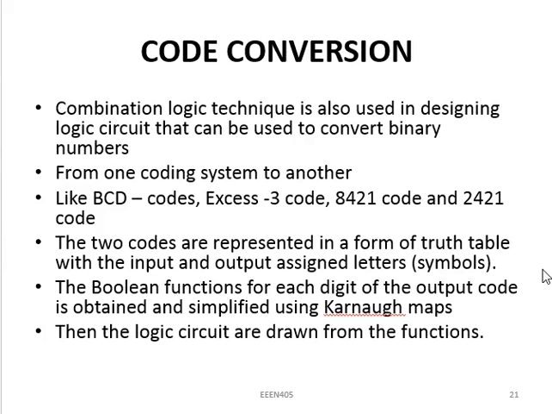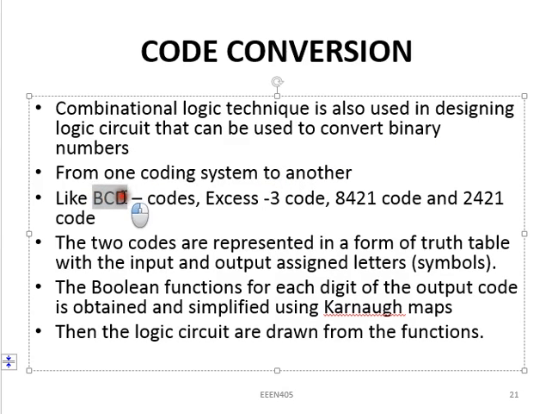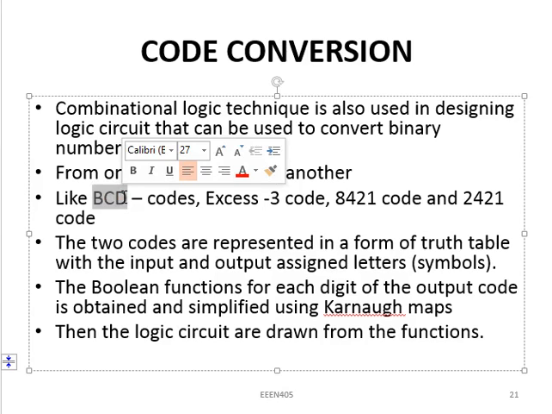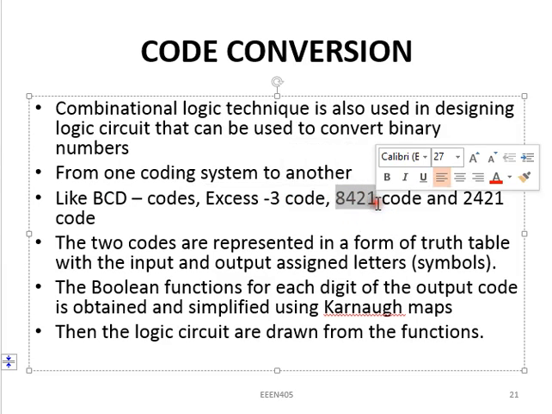Now, the next thing is code conversion. This code conversion is also an application of combinational logic technique, and it is used for designing a logic circuit that can be used to convert binary numbers from one coding system to another. The coding systems we have in binary: we have BCD, which is binary coded decimal for coding 0 to 9. Then we have XS3 codes, we have 8421 codes, and we have